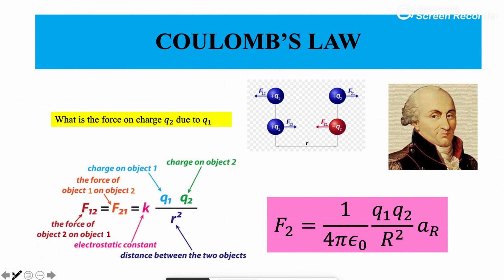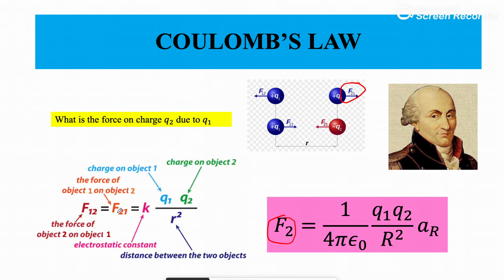We call them point charges. So we assume that the separation between the charges is very large compared to the size of the charge. We label these charges as Q with a subscript of 1 and the second charge with a subscript of 2, and the goal is to find the force of charge Q1 that is exerted on charge Q2. That is, we have to find F21, which is labeled as F2 over here.